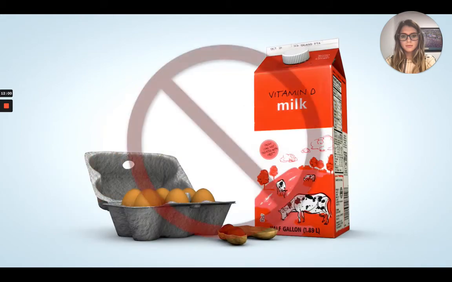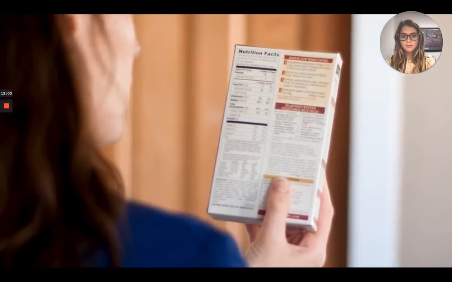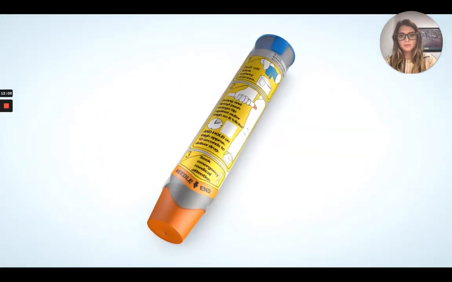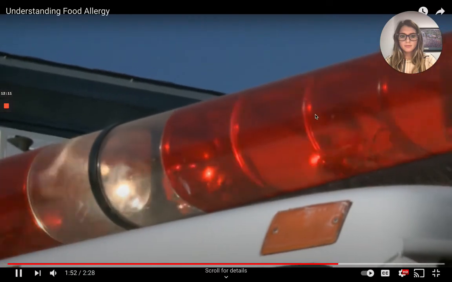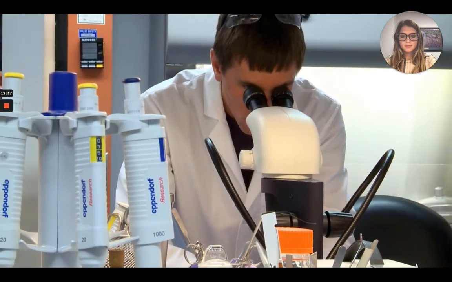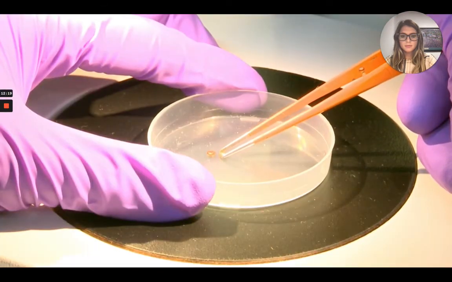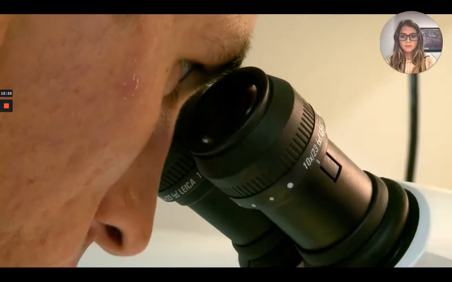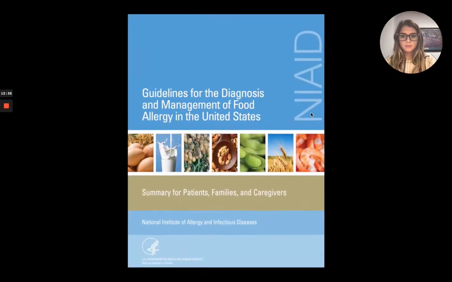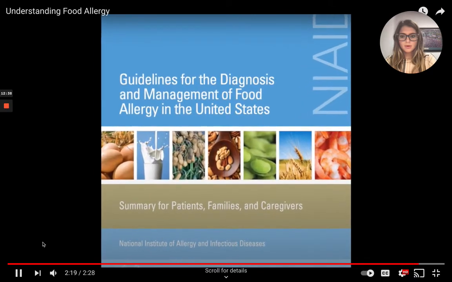The best way to manage the condition is to avoid the allergenic food, read food labels carefully, wash hands and household surfaces, and always carry an epinephrine autoinjector. If you are accidentally exposed to a food allergen, seek medical help immediately. The National Institute of Allergy and Infectious Diseases, or NIAID, conducts and supports research to better understand, prevent, and treat food allergy. In 2010, an expert panel sponsored by NIAID issued guidelines to assist healthcare professionals in diagnosing and managing the disease. These guidelines and a summary for patients, families, and caregivers can be found on the